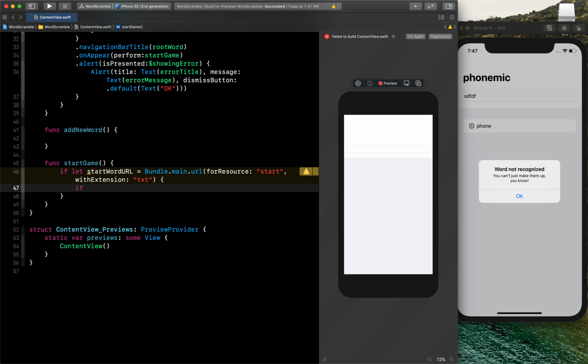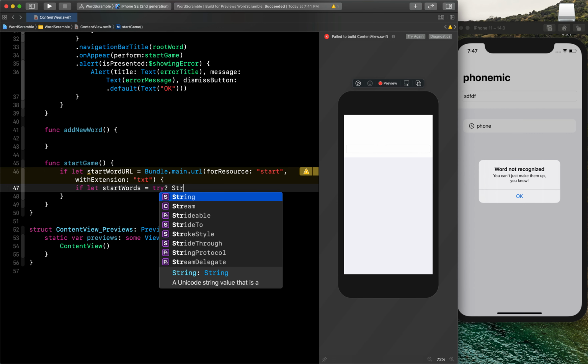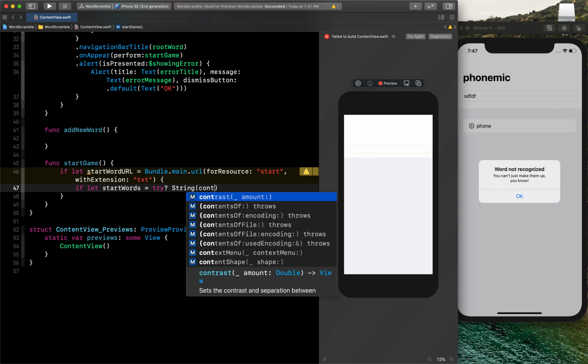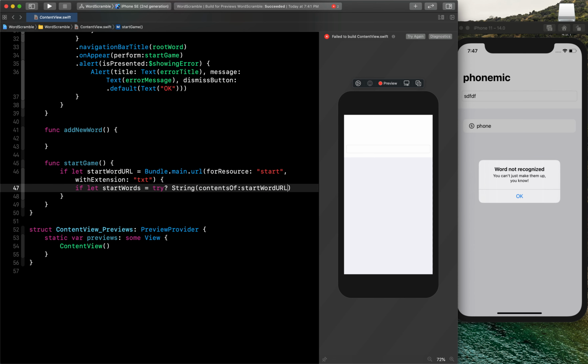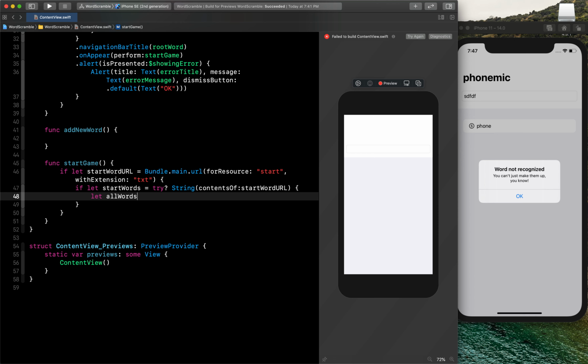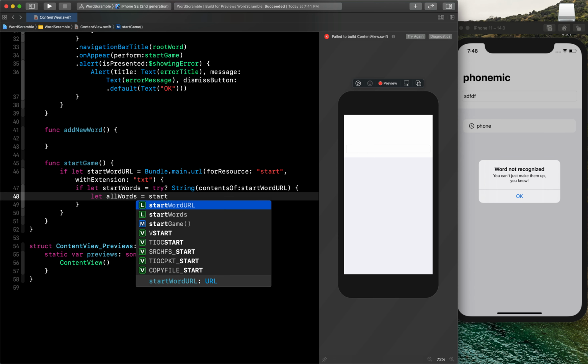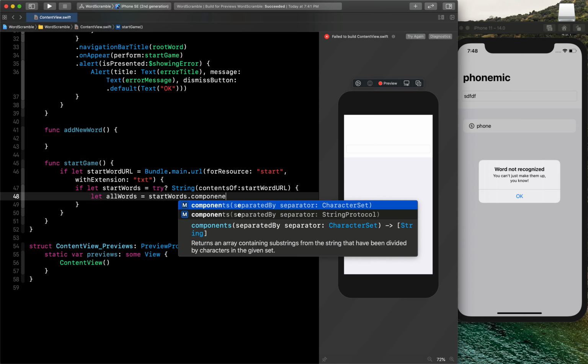I will say if let startWords equals try String(contentsOf: startWordURL), so it will fetch all the words from this URL, and then I will say let allWords equals startWords.components(separatedBy: